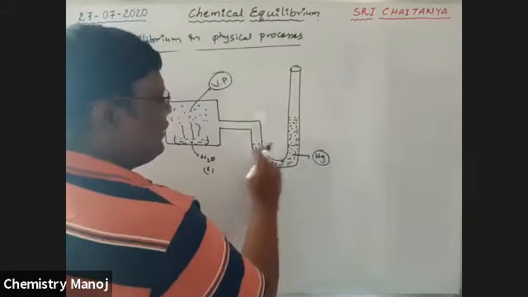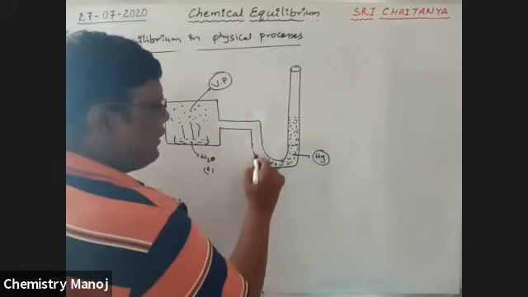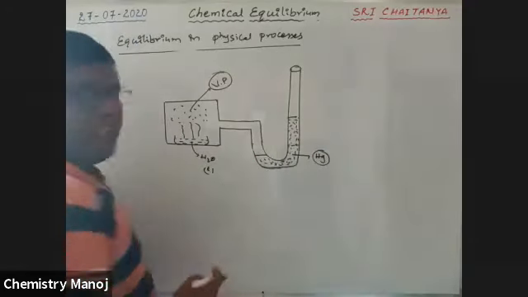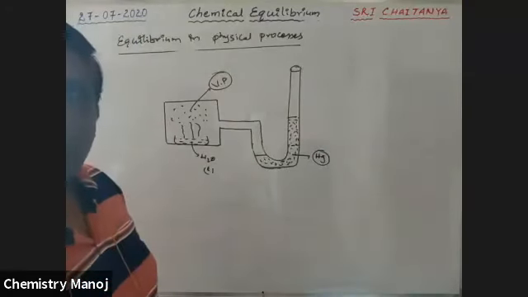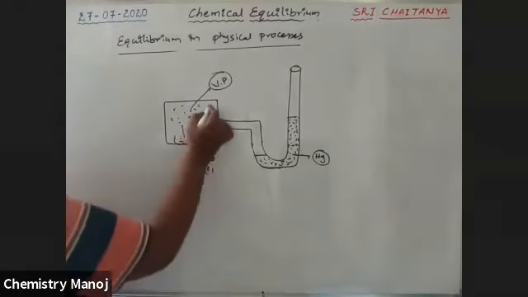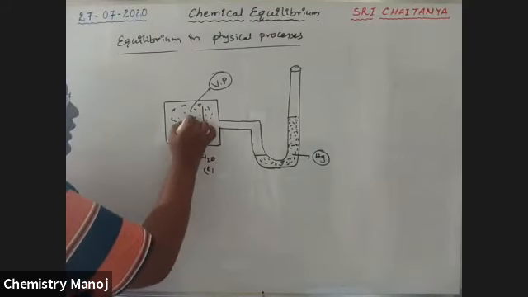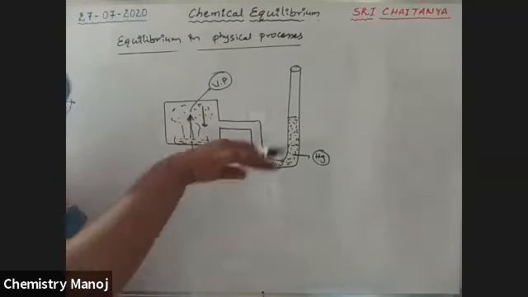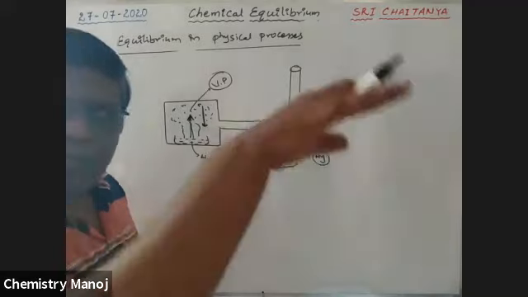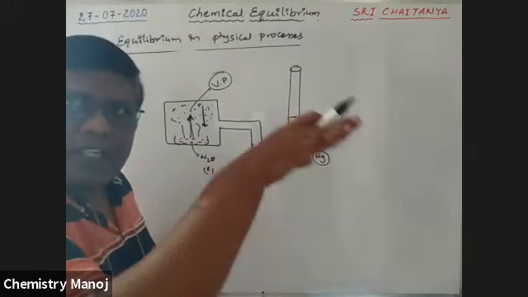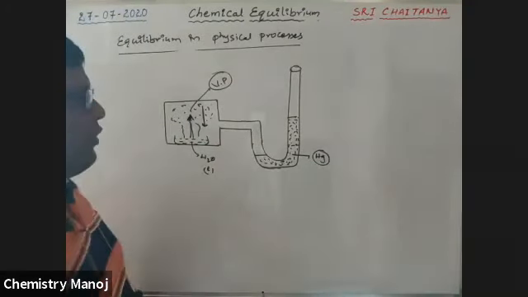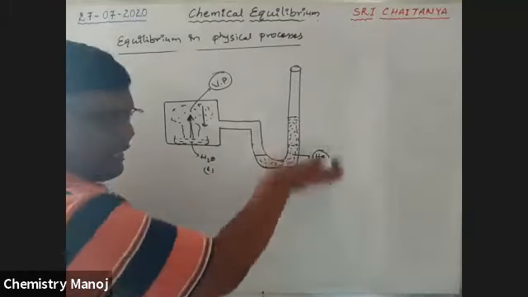Now here the mercury level decreases, so that is the increase rate. Next, as the number of vaporized molecules increases, the backward reaction started. Now backward condensation started, so gaseous molecules decrease. Automatically the pressure inside the vessel decreases, so now the mercury level goes in the downward direction again.